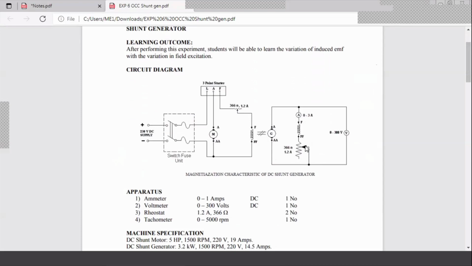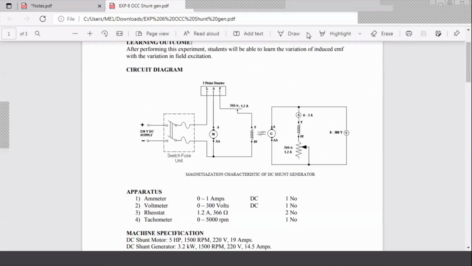Now this variable resistance is helpful to change the amount of field current flowing through this circuit. Because if you change the resistance, the current flowing through this winding will change. Okay, and this is basically connected at no load condition. Even though you can see here it is a voltmeter, voltmeter is not a load. Voltmeter is just a measuring equipment. Basically, it is connected like this to an open circuit. There is no load connected. Just this voltmeter is connected to measure the voltage which is generated here. And what is this generated EMF? That is nothing but your EG across this.